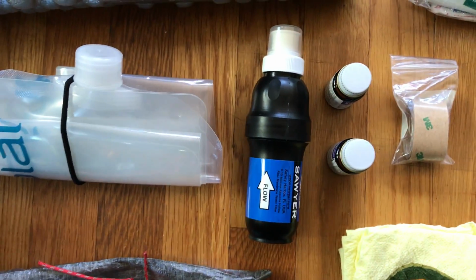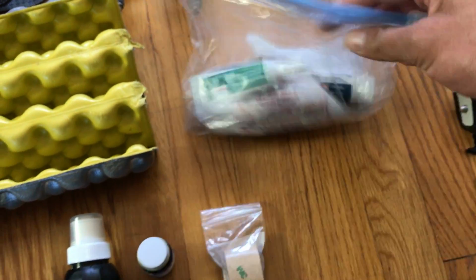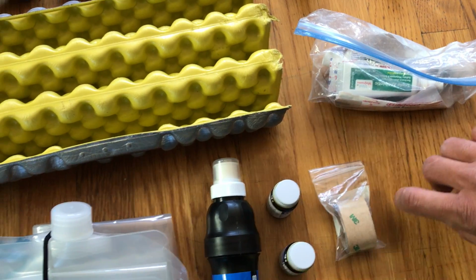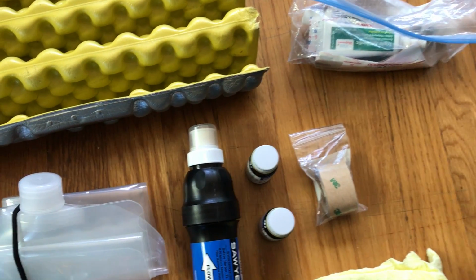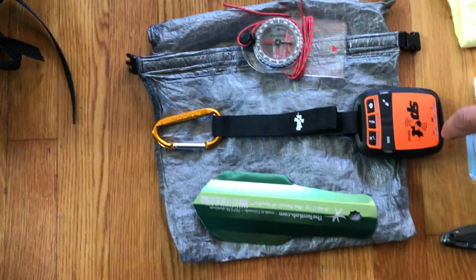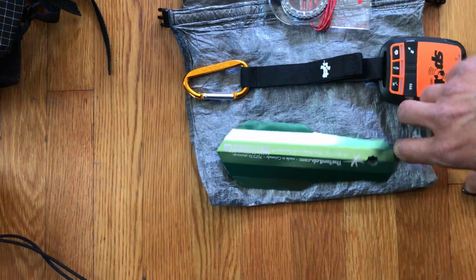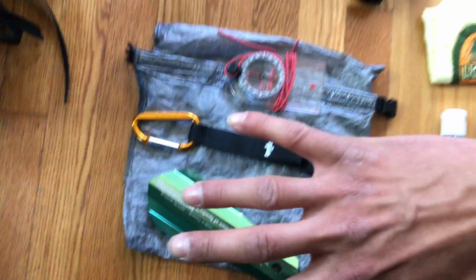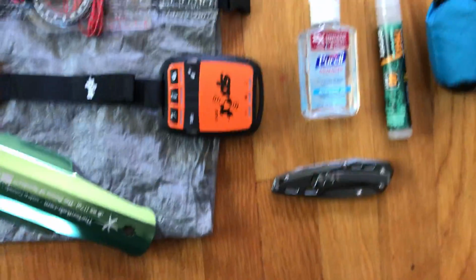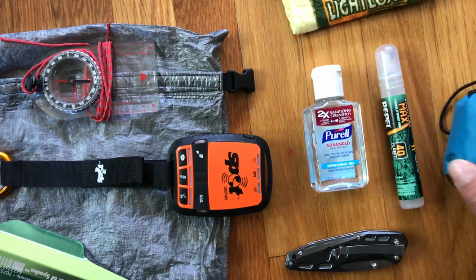So we also have the Sawyer Squeeze, some iodine tablets. Right here we've got a small little first aid kit with just the essentials. Right here is the repair tape for my Cuben fiber tent and Cuben fiber anything basically. A little ultralight pack towel, compass, the SPOT tracker so that folks know I'm alive, my poop shovel, and then this is a dry bag that a lot of this stuff goes into. Right here we've got a knife, bug repellent, some hand sanitizer, a head net. Okay,